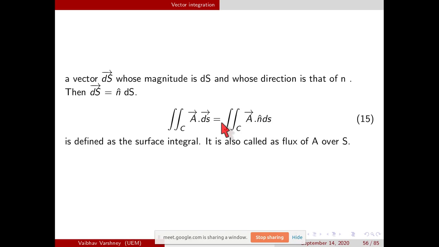And if I replace this A with the electric field vector, then what do we call it? Do you remember? E dot ds is equal to flux. So it's also called the flux of A, because if you want to calculate the flux of magnetic field, you have to do the dot product of the magnetic field with the area. If you want to calculate the flux of electric field, you have to do electric field dot area. So the surface integral can also be called the flux of A over the surface S.